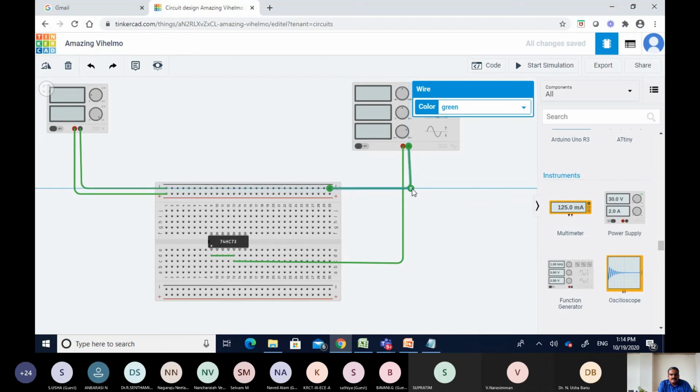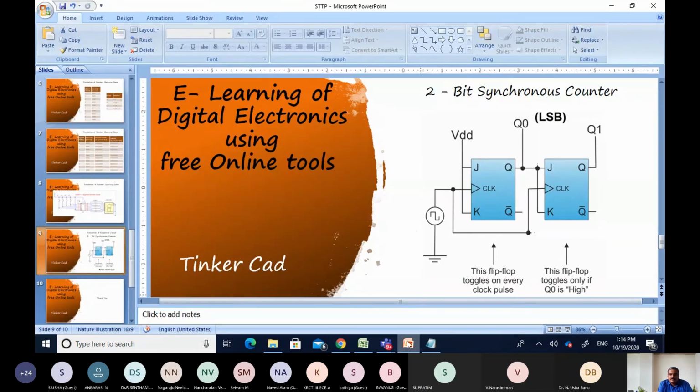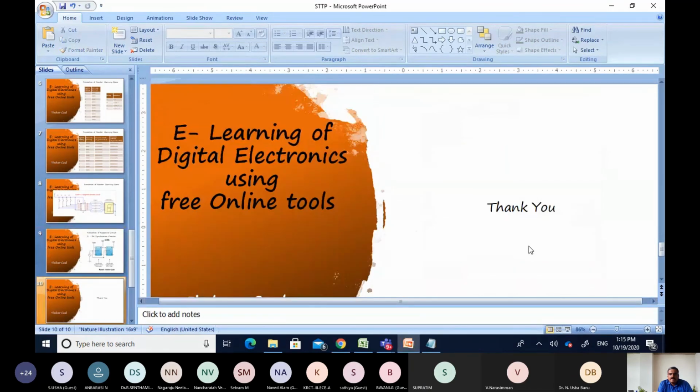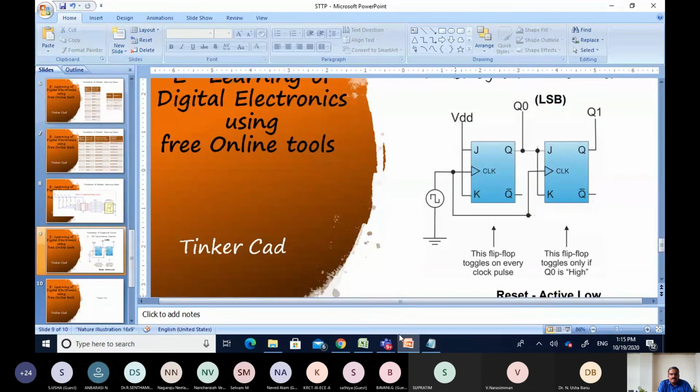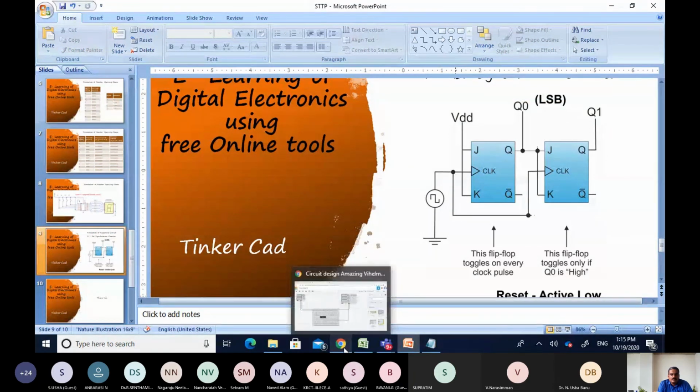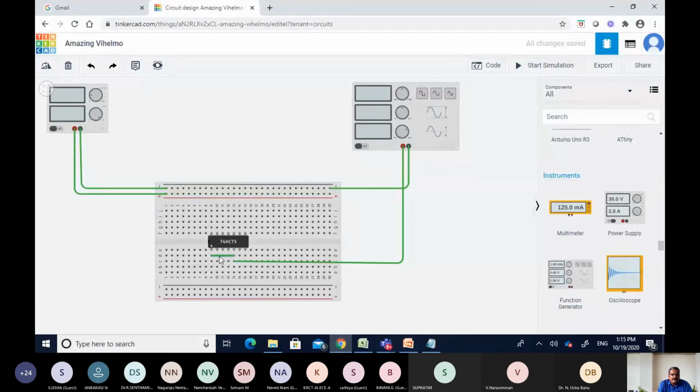So you can make this design a pleasant one by varying the size of the wires and changing the colors too, right? So this is reset. So reset, what we have to do, as it is active low, we have to make it high. So reset 1, power.